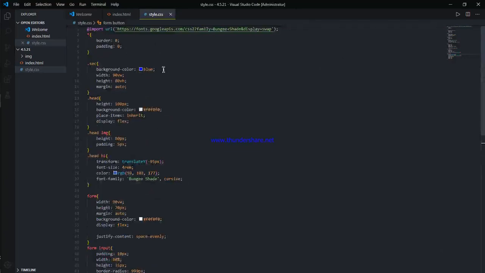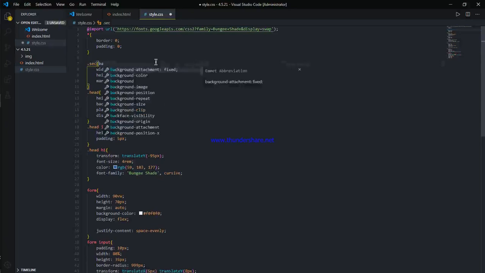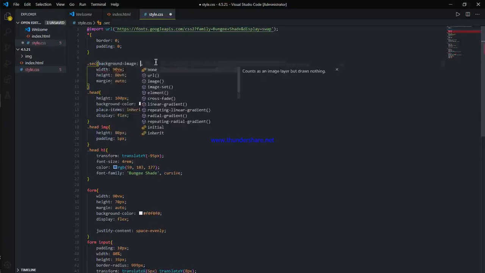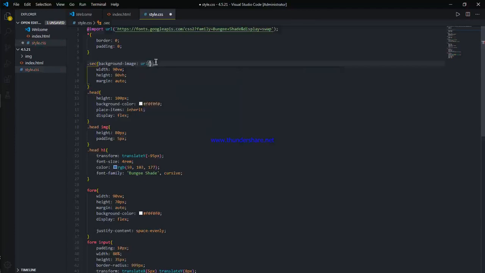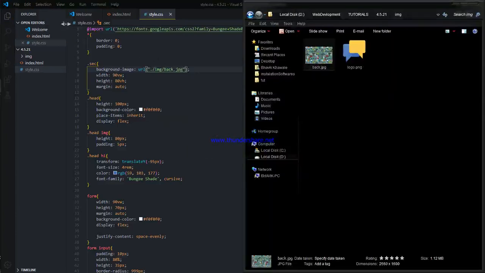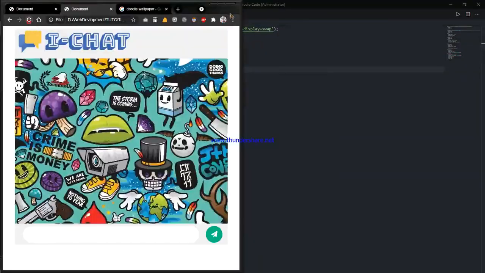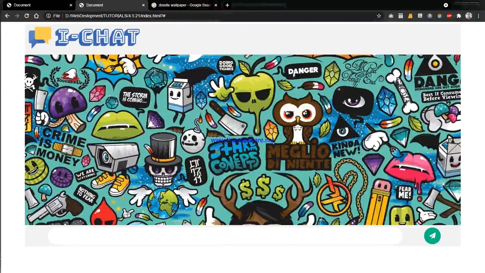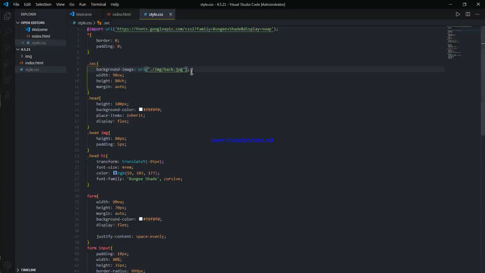And here for the section, you can see the background image to be in the background image. You can pass a URL, and in quotes we have to get the path, that is /images/back.jpg. And now if you restart, it comes like this, but we don't want a specific part, so